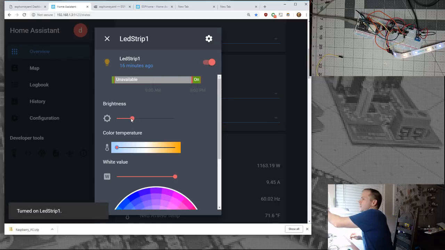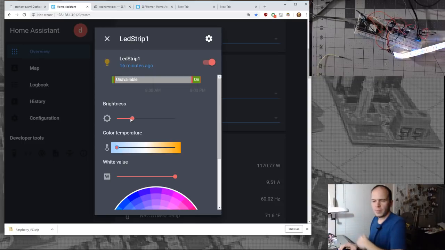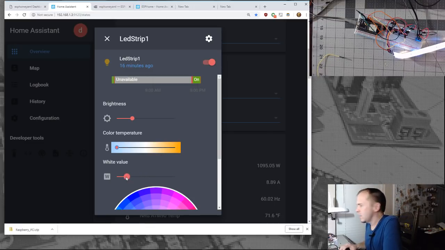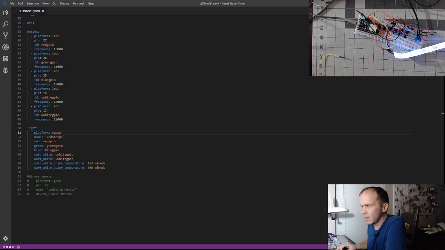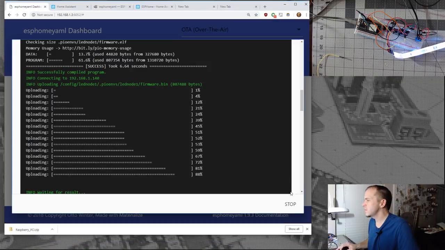Let me turn the light off again. The white value is basically what I found is the brightness of how much white you're putting into it. And then the slider here just seems to transition from the warm white, and I do have them backwards. Let me flip those around right quick, and I'll reflash it. Easier to reflash it than to change the wires around, right? It's that quick. Pretty cool.